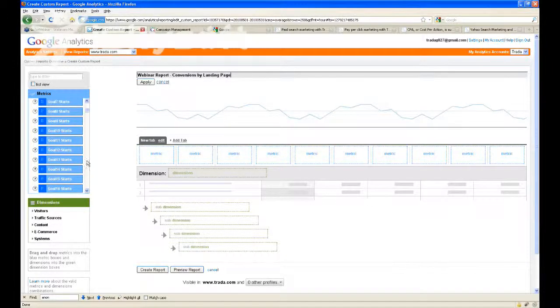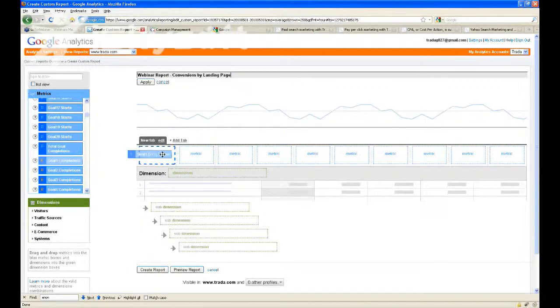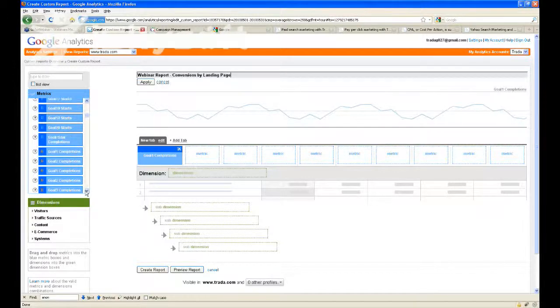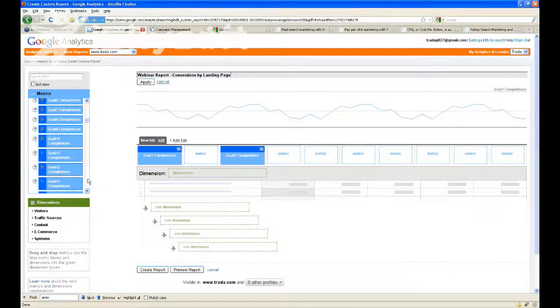And what I'm going to say is, how many optimizer or paid search expert leads do I get based on the landing page they start on, and how many advertiser leads do I get based on the landing page they start on? For us, goal 1 is a paid search expert signing up, and goal 6 is an advertiser signing up. It could be goal 2, goal 4, goal 5. It sort of depends on how you set these up over time. But just keep in mind goal 1 is a paid search expert and goal 6 is an advertiser.